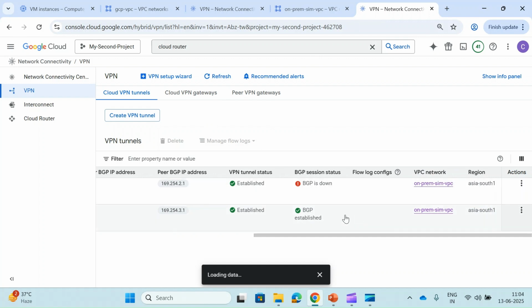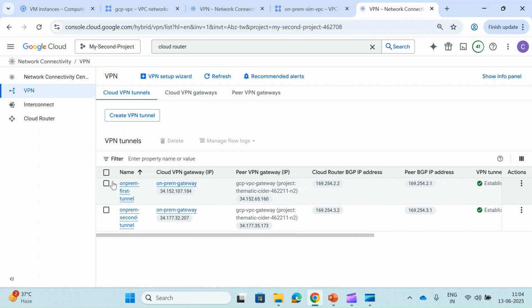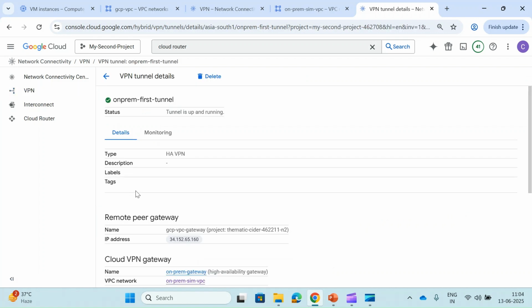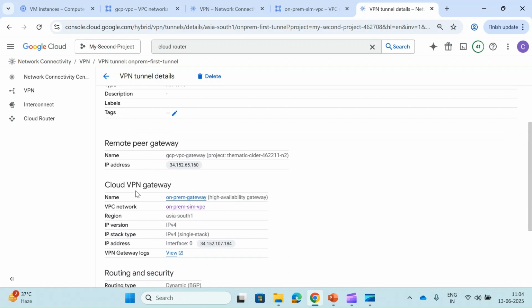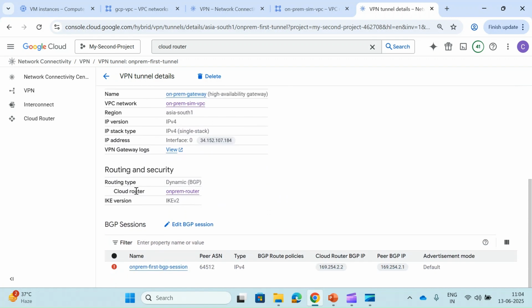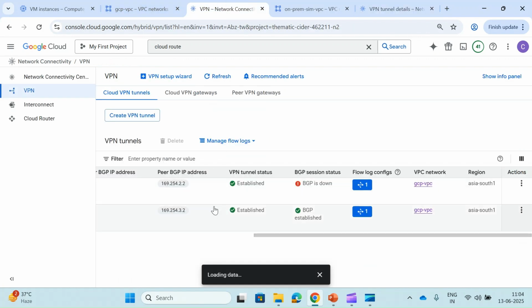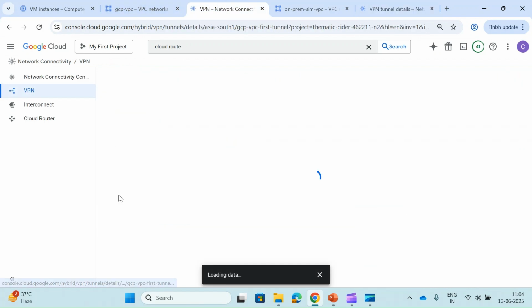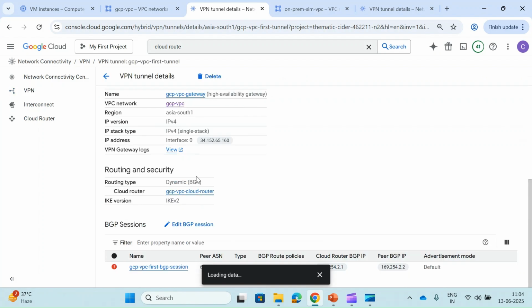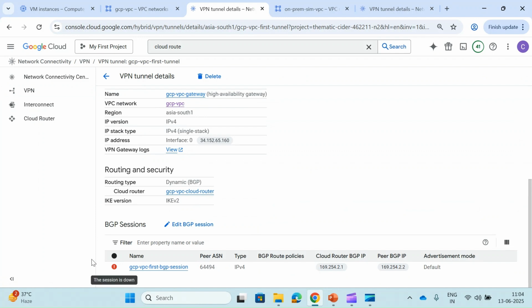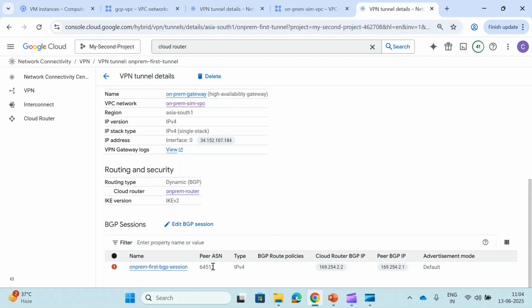So like this, you can get some errors also. So we have to figure out what we have done wrong. So let's click on this tunnel and let's see the settings also. I think something has gone wrong. And let's go back to here also, and let's see what the settings are between both the tunnels. Oh, so see, I don't know how it has changed. So we can see the PRASN is changed. Yes, 64494 and it is 64512.